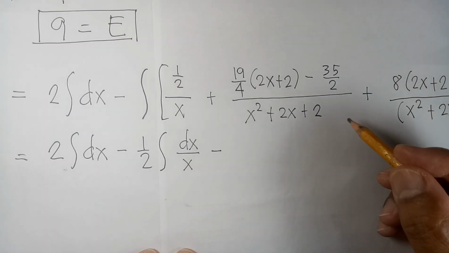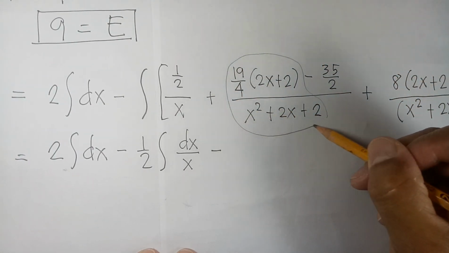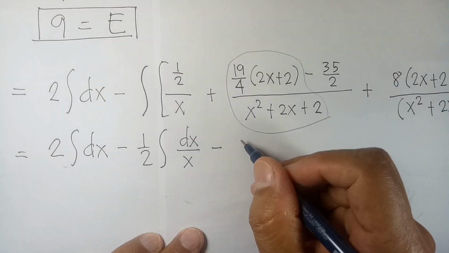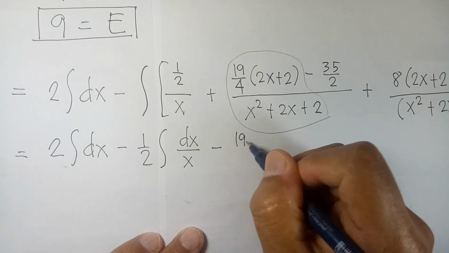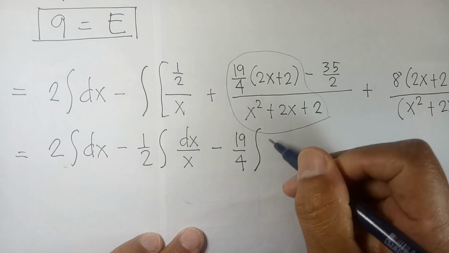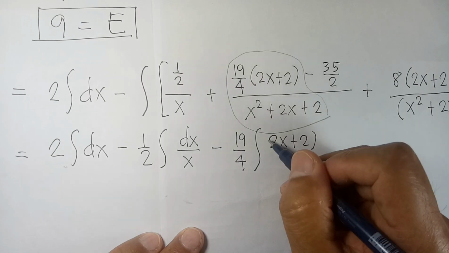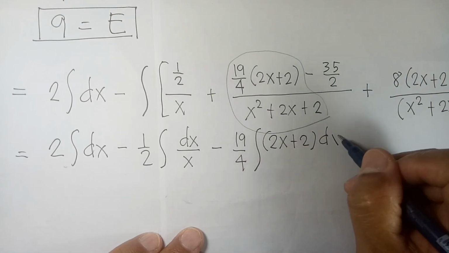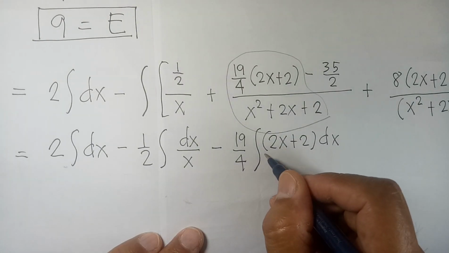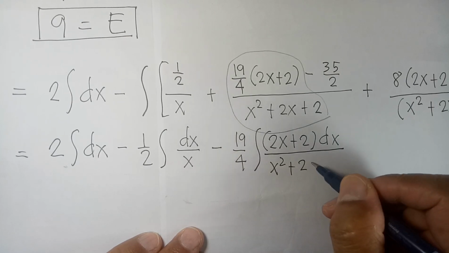At ito ay pwede nating ihiwalay. So, meron tayong 19 over 4. Tapos, integral of 2x plus 2 times dx. So, divided by x squared plus 2x plus 2. So, x squared plus 2